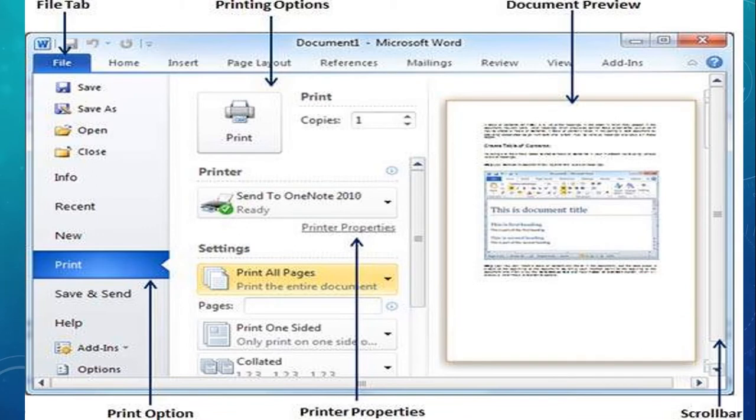As you can see on this page, when we click on print, there are print options, printer properties, document preview, and printing options, and by all these things we are able to see all the properties when we are going to print. There is a scroll bar on the right side also, and we can move the scroll up or down to see the document which we are going to print.